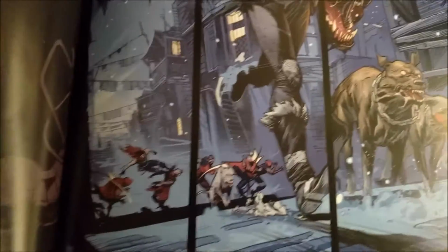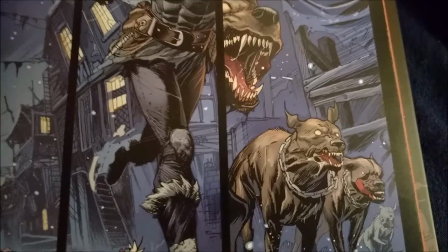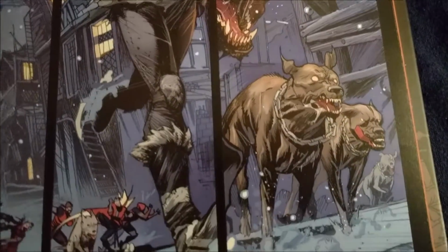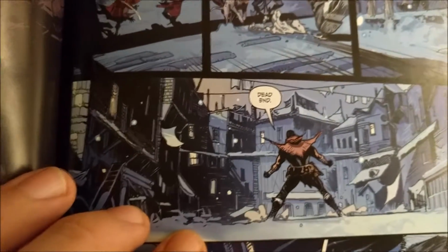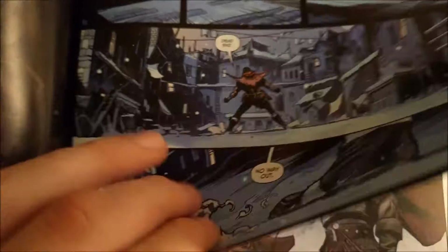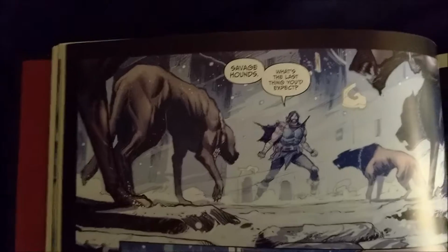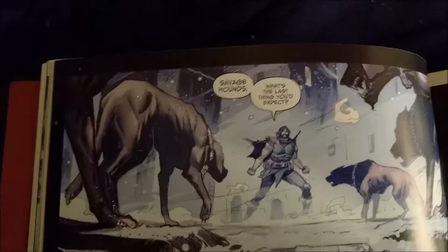We have fantastic art again. Those hounds, still rabies infested and jacked up, ready to hunt down Santa. Santa, of course, immediately finds a dead end, turns around, the hounds are circling and surrounding him. Oops, I skipped a page. As he turns, he sees the hounds, and he knows he's screwed, and he's trying to figure out what's going